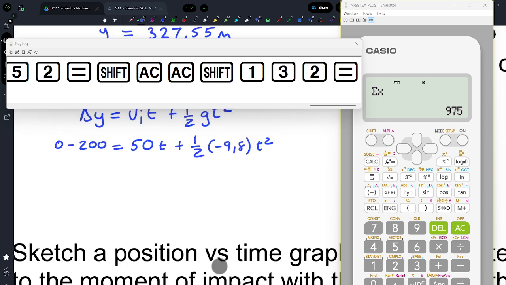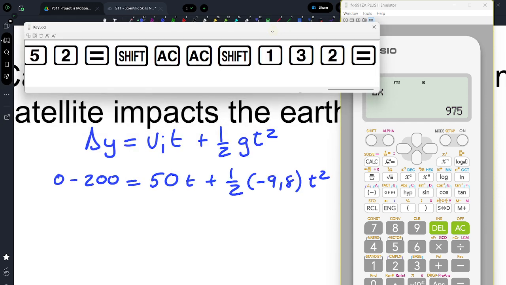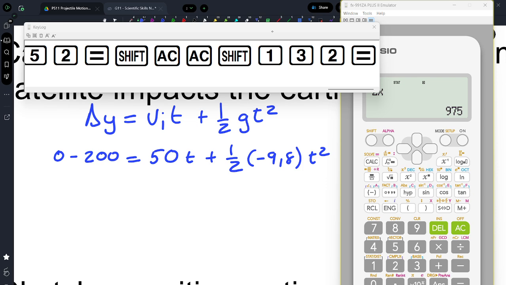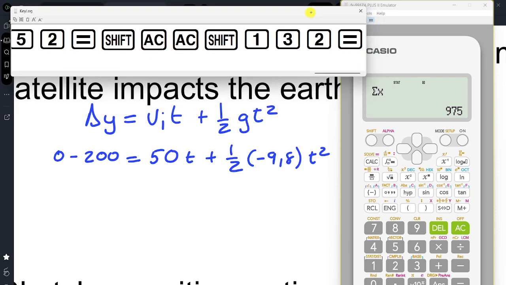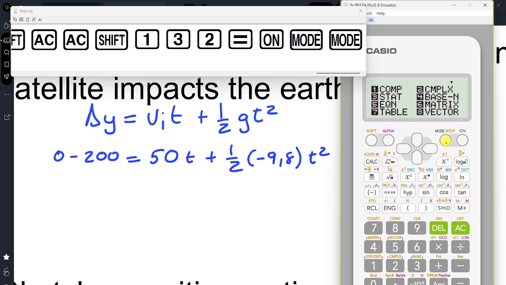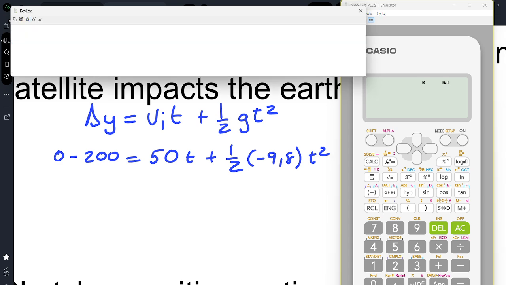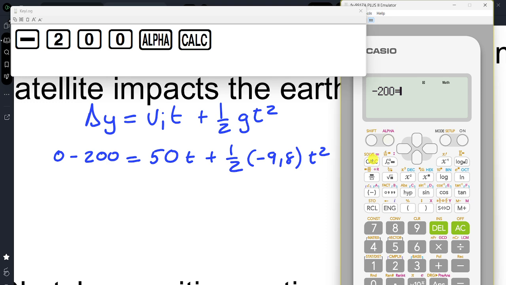using solve for x. Okay, so I'm just going to use this from the projectile motion questions. So now we need to get t. So to get t, just need to take it out of stat mode. So back to mode, press mode, take it back to comp. Right, so to use solve for x, we're now going to have basically type this in. So negative 200 alpha equals 50. Now, because we don't have time, we can just say alpha x